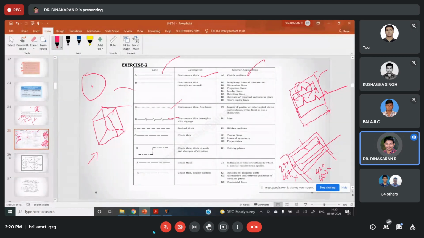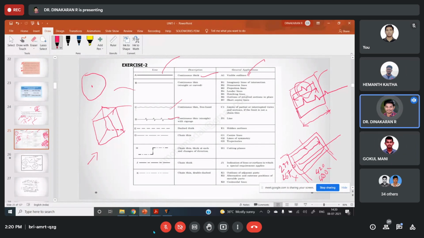Taking the example of 20 mm radius you are drawing, how much will you take in the compass? 20 mm radius means how much will you take in the compass? 20, sir. If your diameter is 40 mm, then 20. For diameter 40 you will take 20 mm. In some cases the radius is directly given, so you take the radius value of 20 mm.